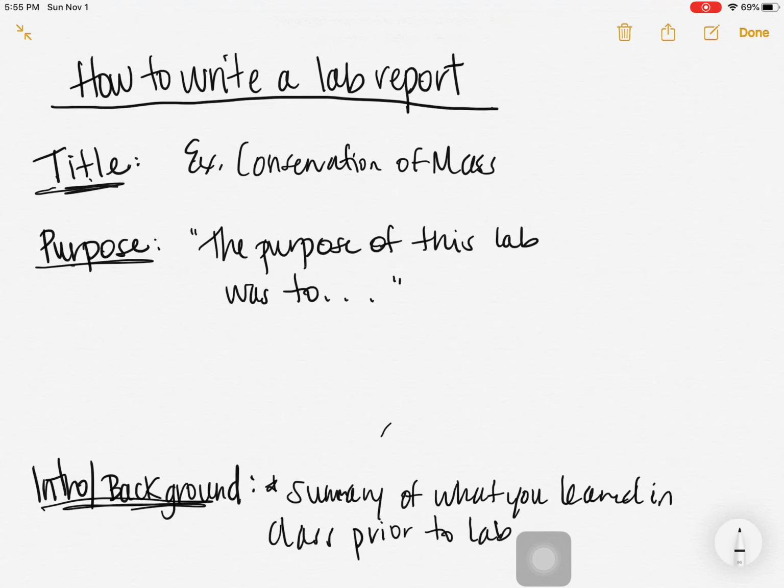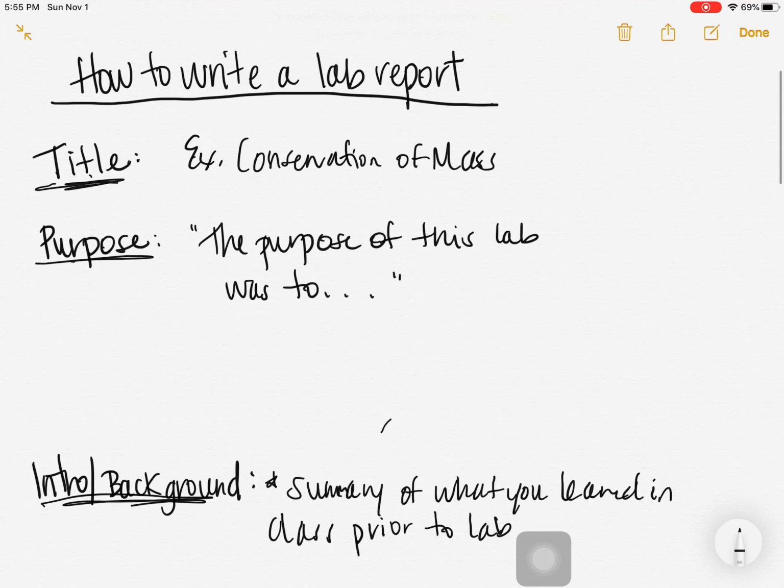Alright, this video is on how to write a lab report, and we're going to be using the example of the conservation of mass lab that we just completed in terms of talking about all of the topics in a lab report. So the first thing we're going to do is put a title on our lab report,